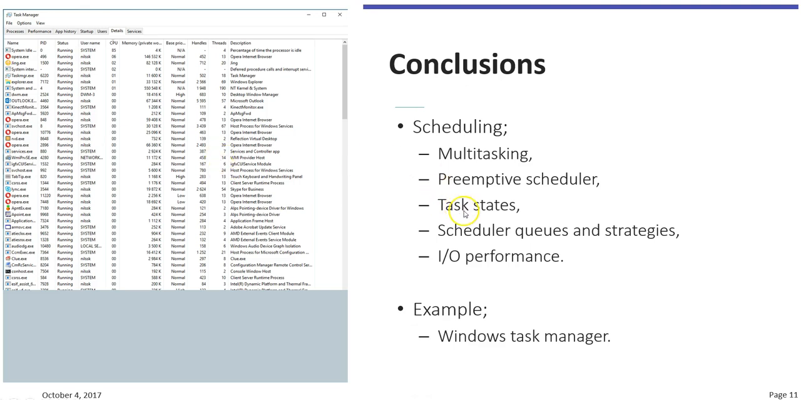That means you will have several states, mainly the ready state, the run state, or the waiting state. Ready is when you're ready to use the CPU. Running is the one that is actually using the CPU, and waiting is if you're waiting for some sort of result. The scheduler is using a set of queues and also strategies to figure out which one to run. And we also looked a little into I/O performance, the difference between using interrupt and polling, and I showed how it can be done or used by the Windows